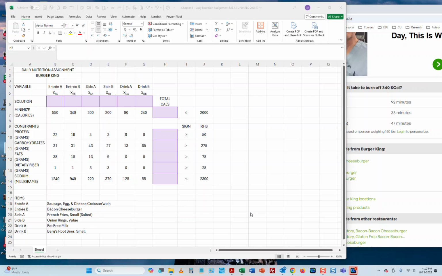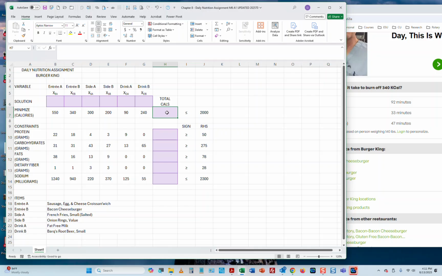Hi. In this second video, we're going to actually start using Solver and try to figure out what's going on. So, we have this thing set up. Now we need to put our formulas into the mix. And what we're looking for is